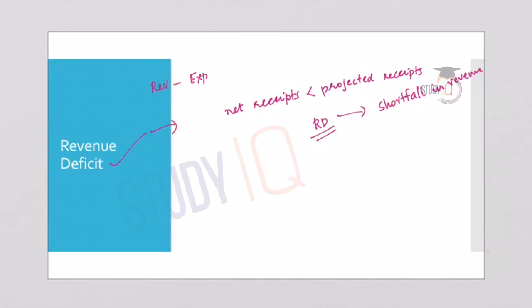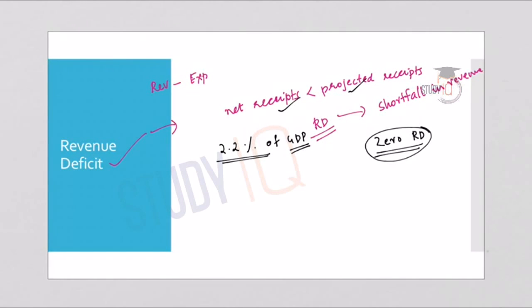Now what is important here is that the government had targeted to keep a zero revenue deficit a long time back. That means the target was to keep the revenue deficit zero, or the difference between net receipts and expected receipts zero. That is, the government should actually receive what is estimated. But even now, the revenue deficit is 2.2% of the GDP.